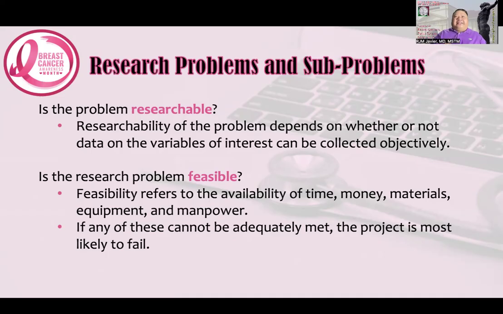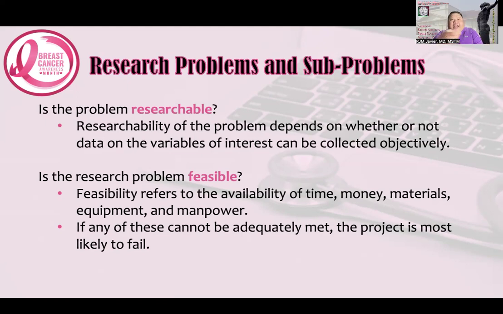Or let's say, for example, if you measure something objectively, let's say in the field of diabetology, you want to measure the level of the glycosylated hemoglobin, which is the average blood sugar level over the last 3 months.